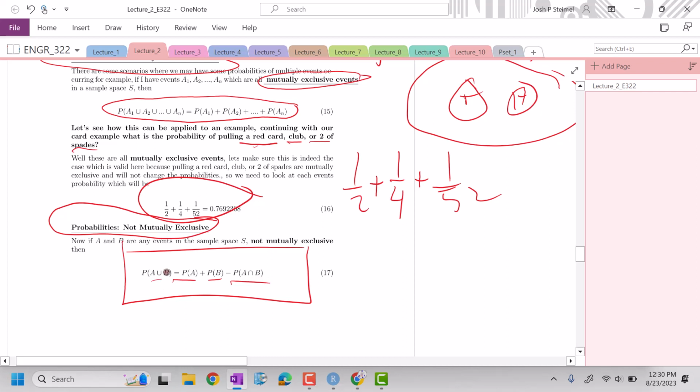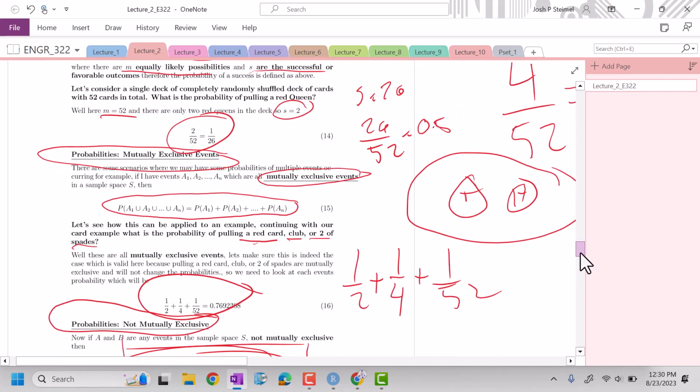Kind of in very common parlance, but anyways. So if they're not mutually exclusive, we need to utilize this right here. If they are mutually exclusive, we can see our